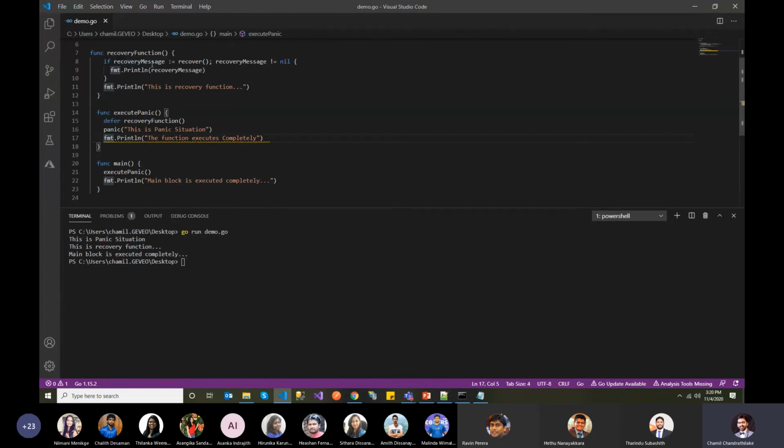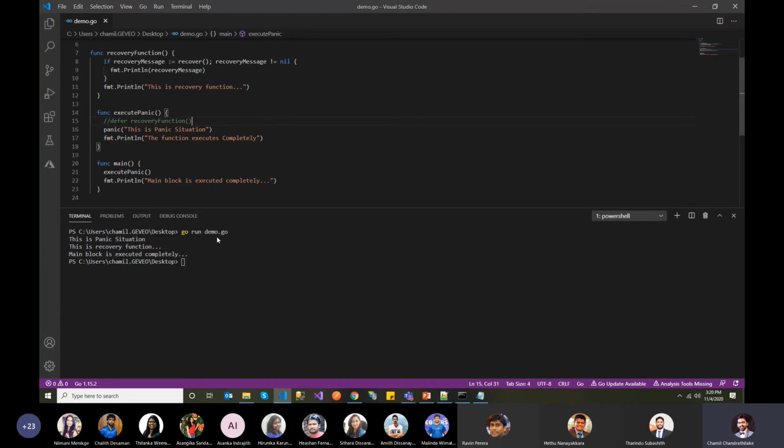you can see there's a keyword called recover. What this does is, whatever you pass to this panic keyword, or the panic situation here, you can recover it from the defer function like this. So then you can process the panic from within this function, and you can continue the execution. If this was not here,